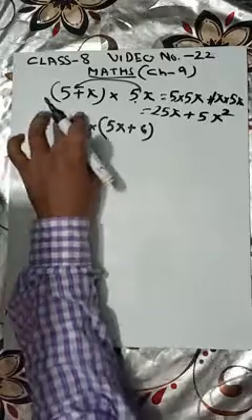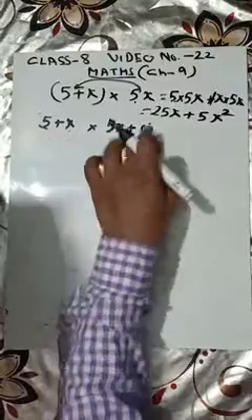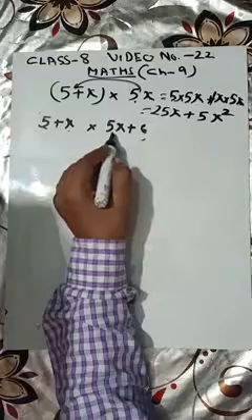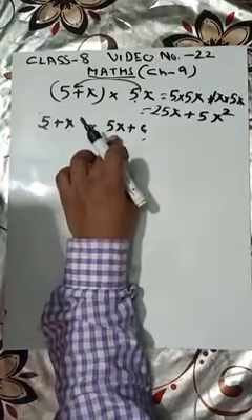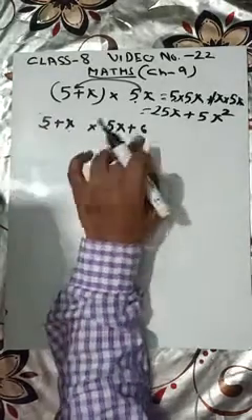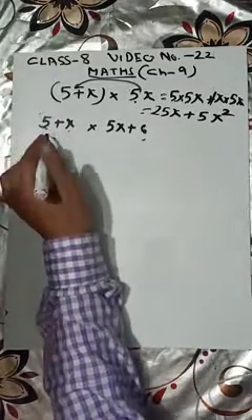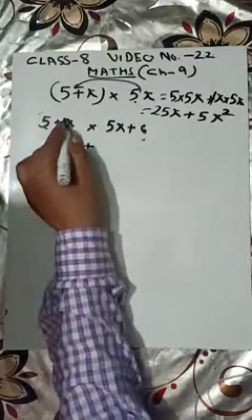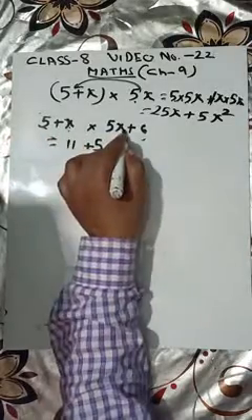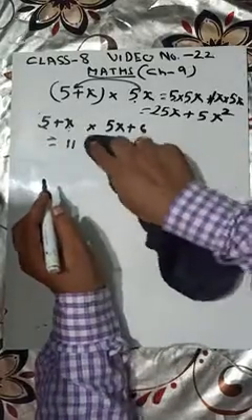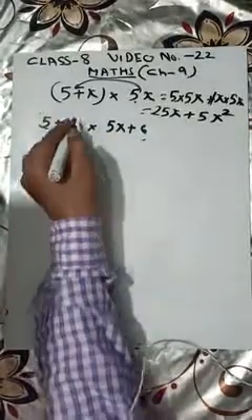Again the same thing. If the bracket is not here, suppose we don't put the bracket, then the multiplication sign is between x and 5x. So we only multiply this 5x and x, and we will not multiply the other thing. The answer will be 5 plus 6 is 11, and this will be 5, here it is 1, 5, and x times x will be x square. So the result will be this. But this is not the thing. The question is in the bracket.